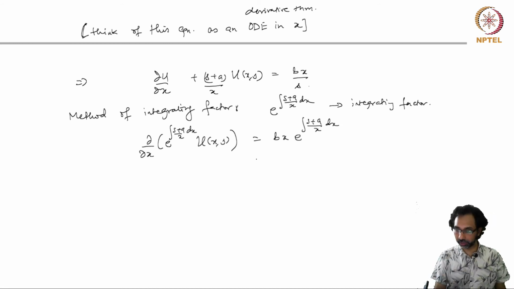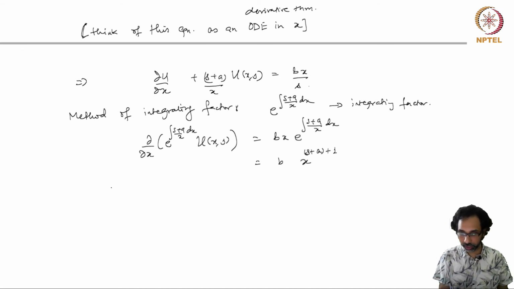The right hand side can be written as bx times x to the power s+a, and these powers can be combined: x to the power s+a+1. And now we can integrate on both sides,